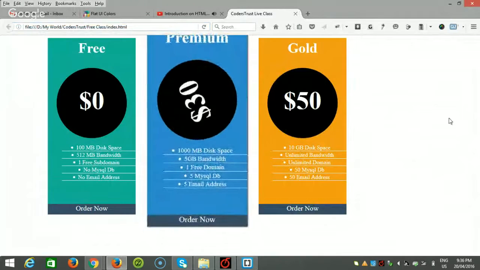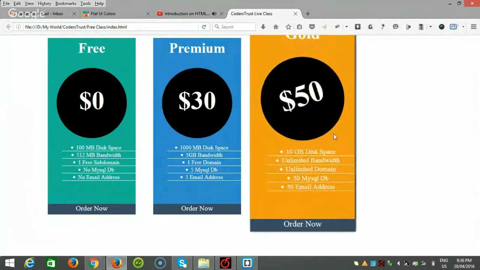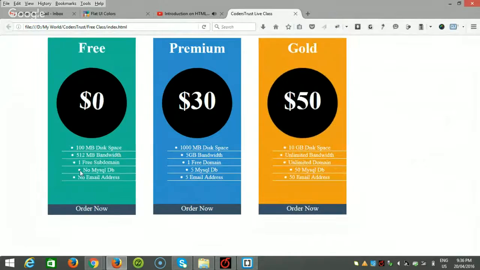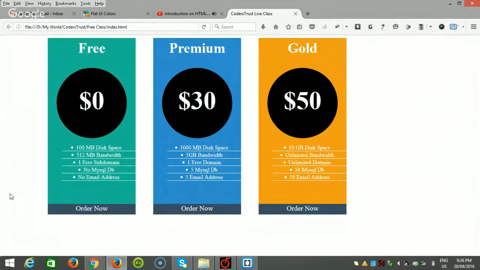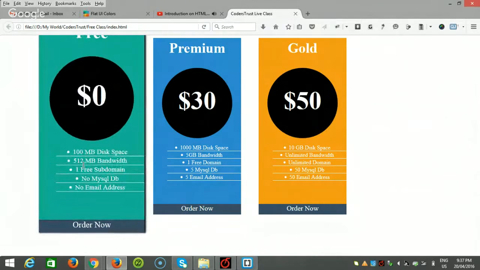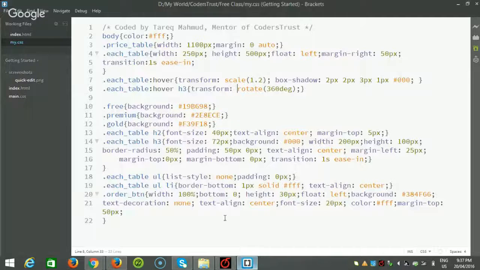Yeah, you can see that. So now we can rotate. So two functions are actually working here. First one is when you are hovering, this table is transforming 1.2 times its current size, and the second one is the H3, that means the circle, is rotating when hovering over the element. That means the first one is for scaling